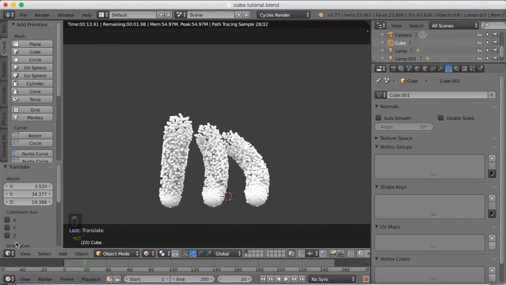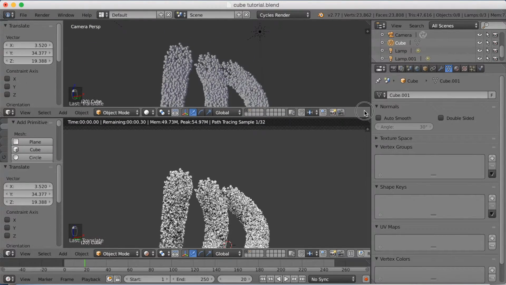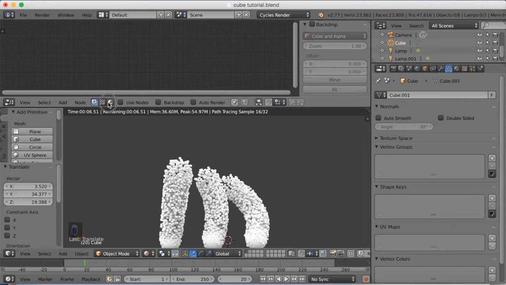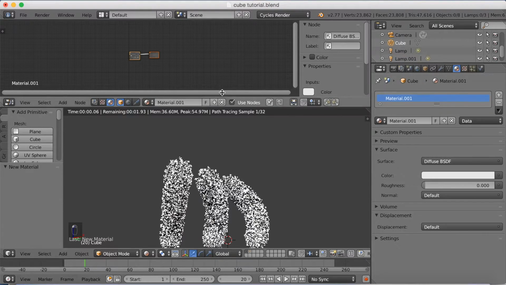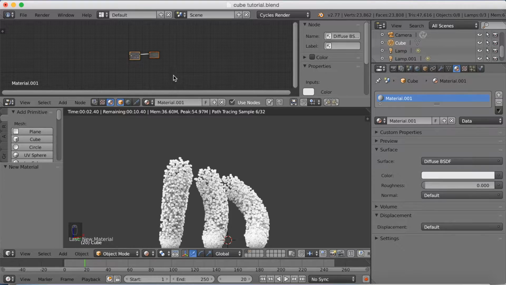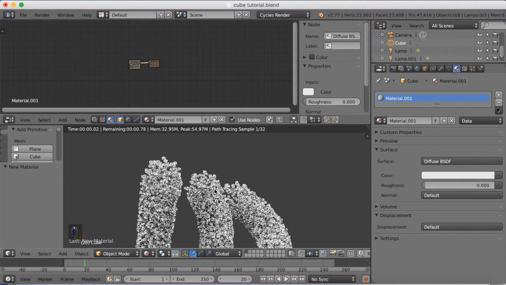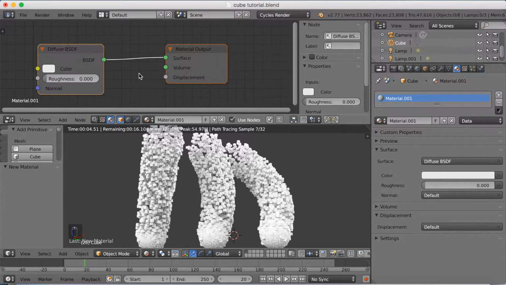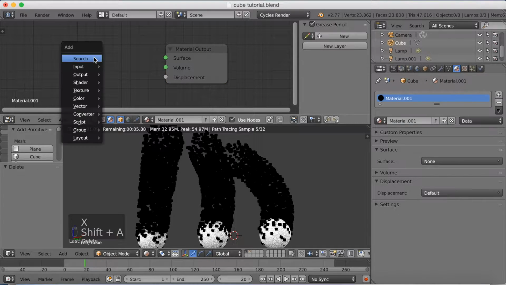So select the cube and then go into the node editor. So you need to drag it down and go into node editor and then add a new material. You can do it both places, and then zoom in with the middle mouse wheel. Okay, I'm just going to grab it a little bit downwards so you can see better in the node editor. Okay, I'm going to zoom in, and then I'm going to delete the diffuse node, X to delete, and then